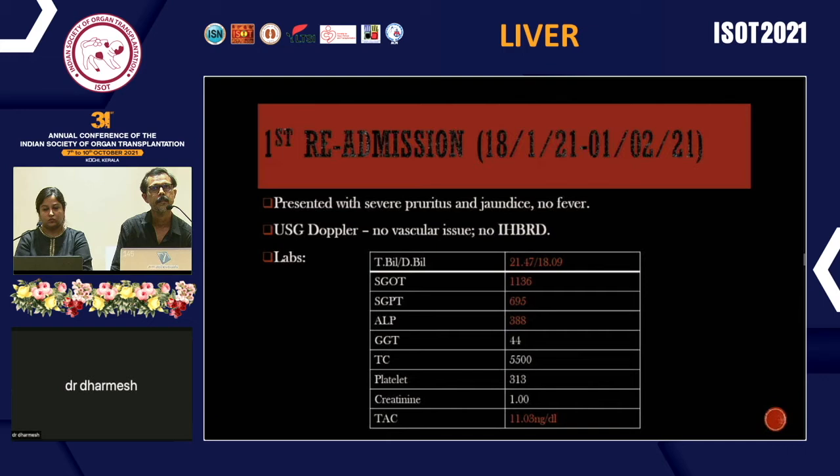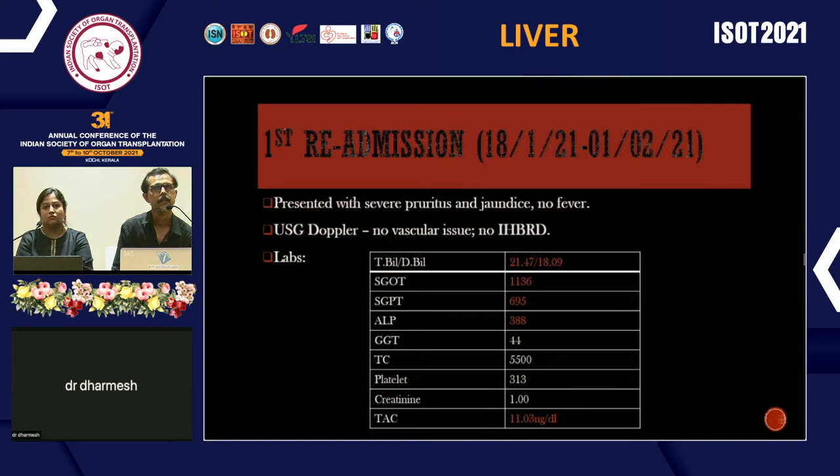Right, so this gentleman has primarily presented with pruritus and probably coluria and scleral tinge, and the Doppler is showing that there are no plumbing issues. The striking thing is that this gentleman always used to have a low TAC, even though he was switched from standard tacrolimus to Advagraf, and the dose was high, but if you see the TAC level here, it's 11, which